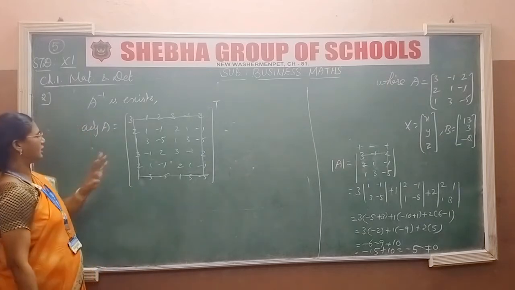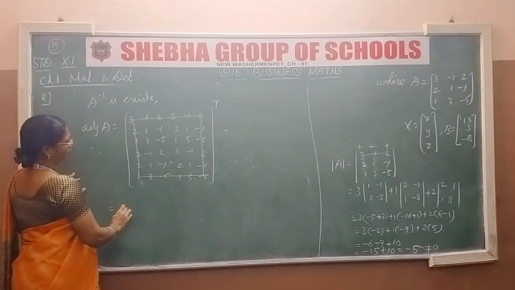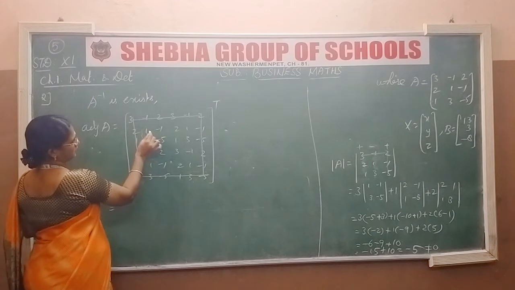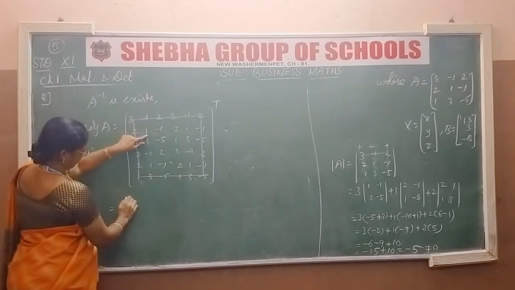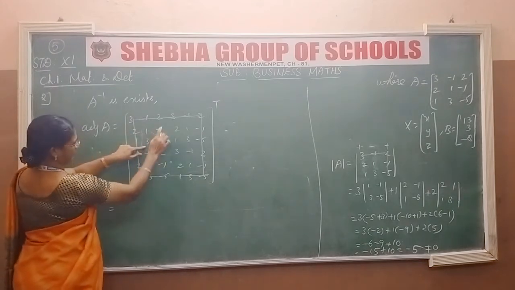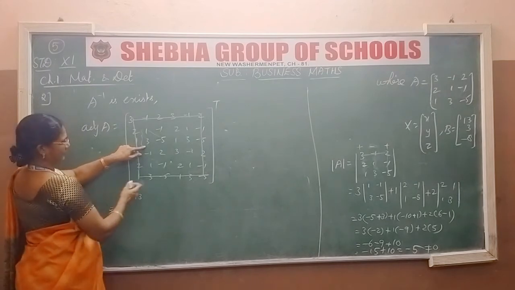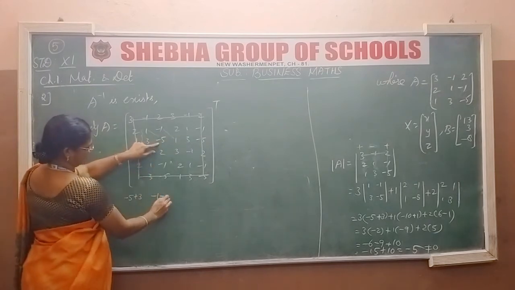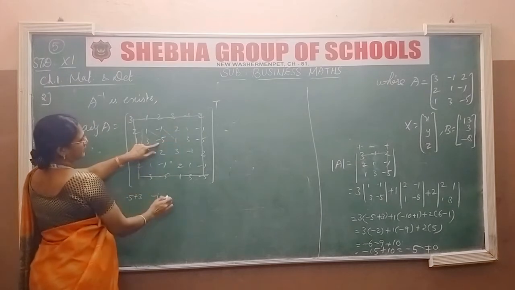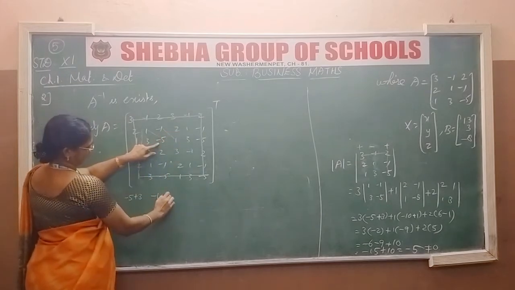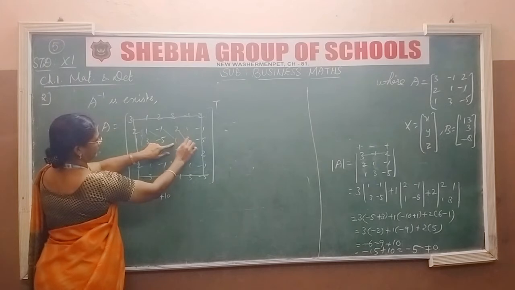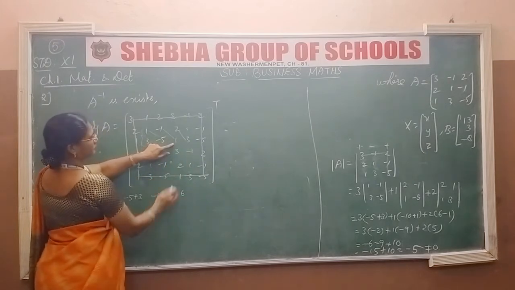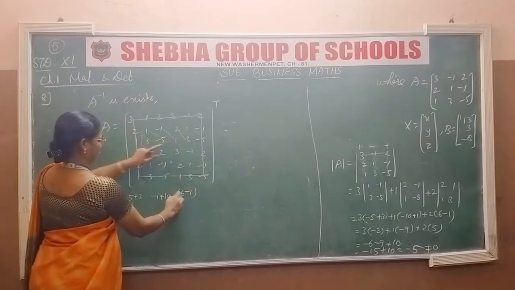Okay, neglecting the corner element and write. Take the first 2 rows, multiplying these two. Minus 5 minus 3, 1 is minus 3, so it becomes plus 3. Next, minus 1 minus 5 2s are 10, minus 10, so it becomes plus 10. And 3 2s are 6, minus 1.